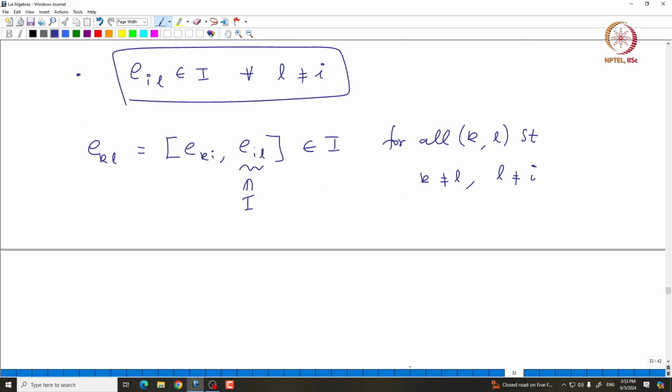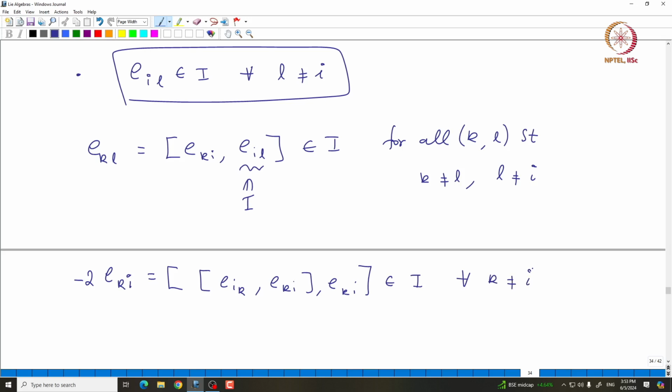So now we have E_KL inside I for all K not equal to L and L not equal to I. That means E_KL is there for all L not equal to I. Now we still need to show E_KI is there for K not equal to I. Minus 2 of E_KI is just the double bracket of E_IK, E_KI with E_KI, and this is in I, and this is true for all K not equal to I. Using these two, you can easily see